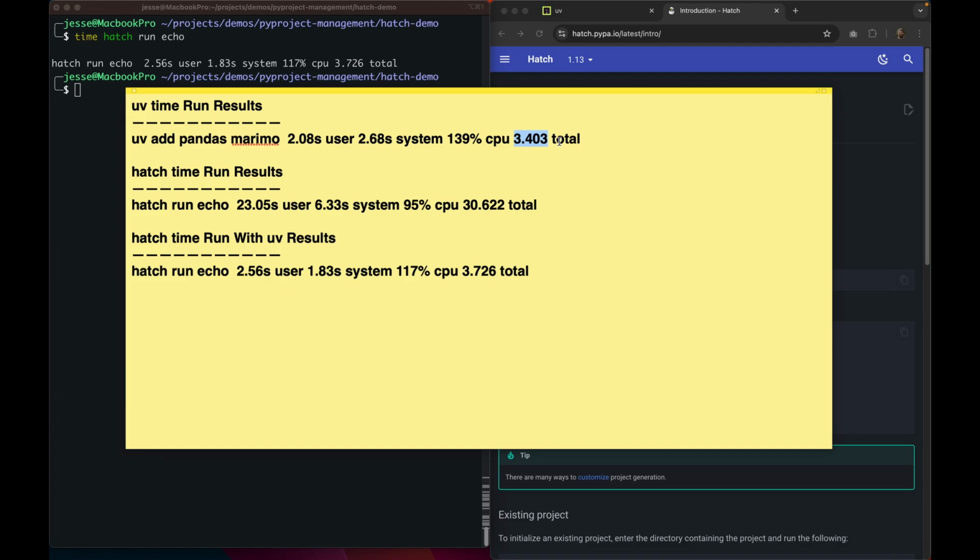And maybe it doesn't, but the point is that we can no longer use this as a means to talk about why UV might be better than another Python project management tool, if the results are not that different in how fast it takes to run. And I know that Hatch is using UV in this case,